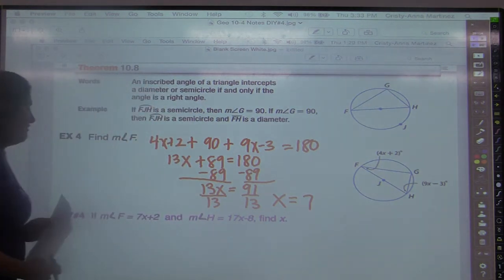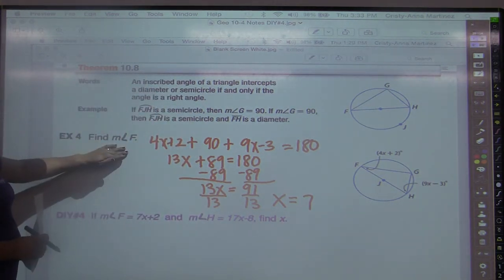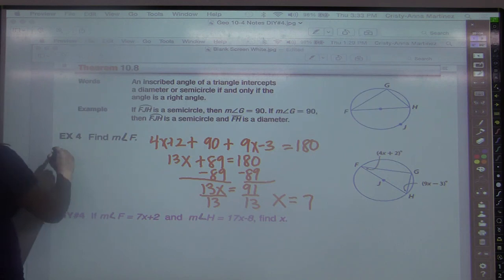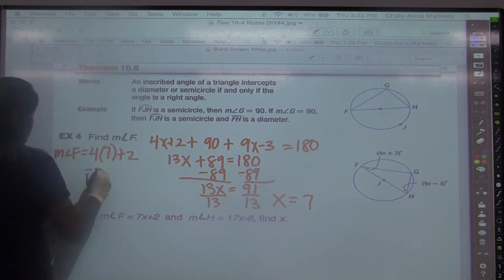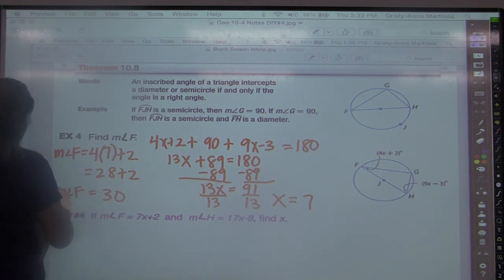They didn't ask us to find x. They said find the measurement of angle F. Angle F is 4x plus 2. So 4 times x, which is 7, plus 2, which means 28, plus 2, which means 30. The measurement of angle F in this case is